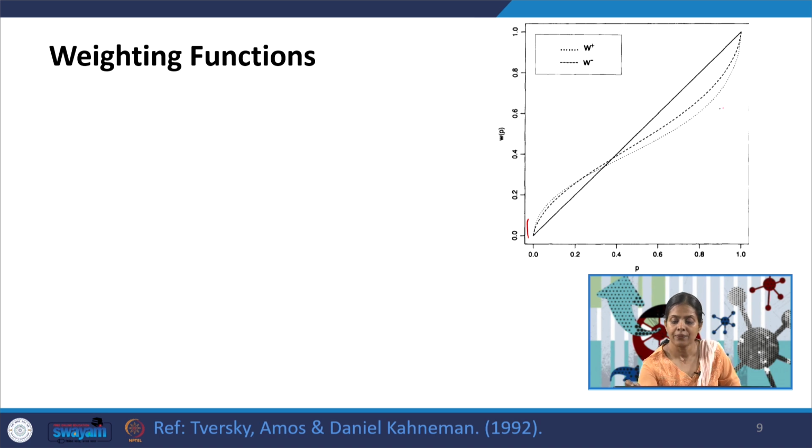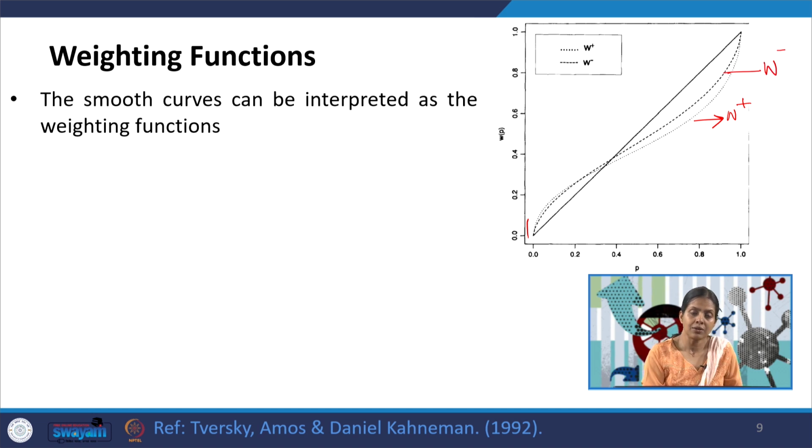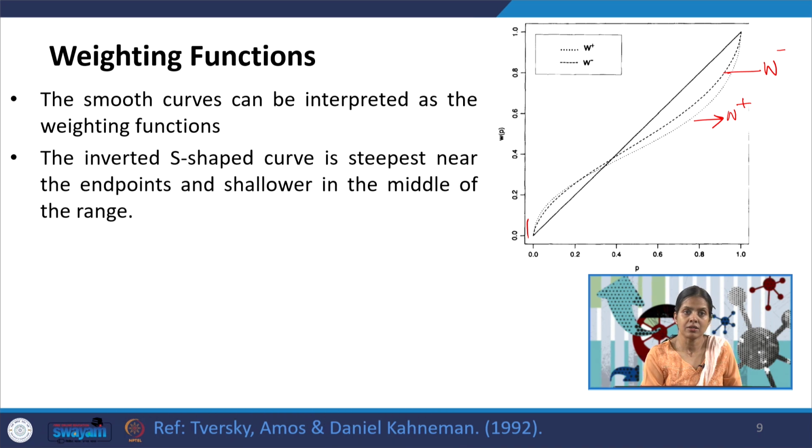You can see this line refers to W plus and this is W minus. The smooth curves can be interpreted as weighting functions. The inverted S-shaped curve is steepest near the endpoints and shallow in the middle of the range. So, it is concave here and steep, again steep here and convex, and this is shallow